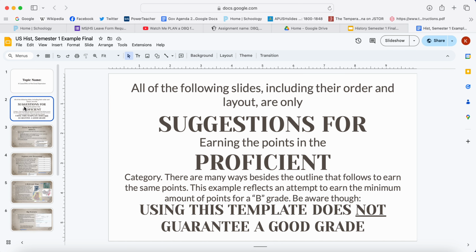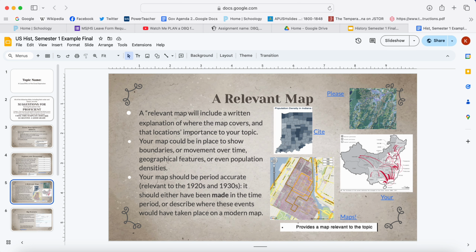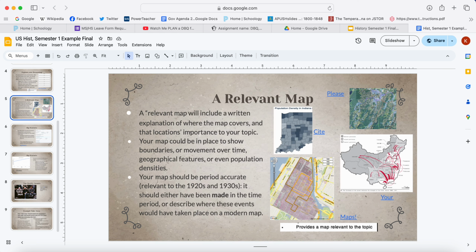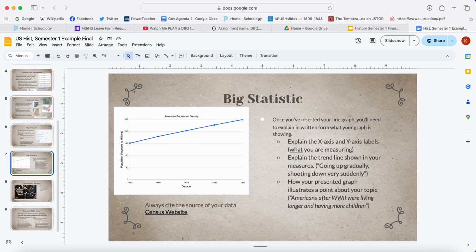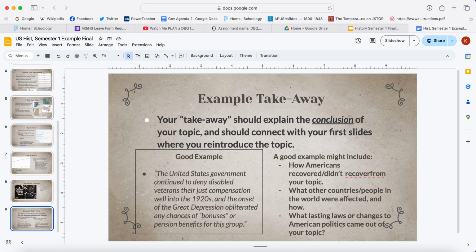Here's a look back on the original layout that I gave you here, the suggestions for earning the proficient category. In that opening slide, you should really focus on covering the answer to your question and reintroducing your topic as a whole. And once you get past that, you are pretty much free to put this information in any order you can. I did include an example takeaway here at the very back end and directions for what